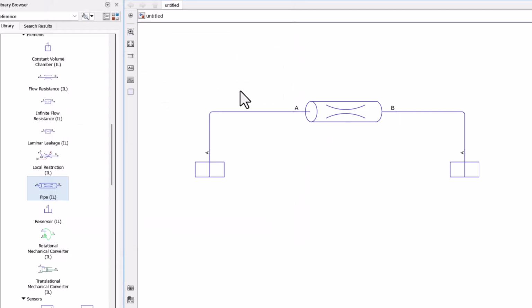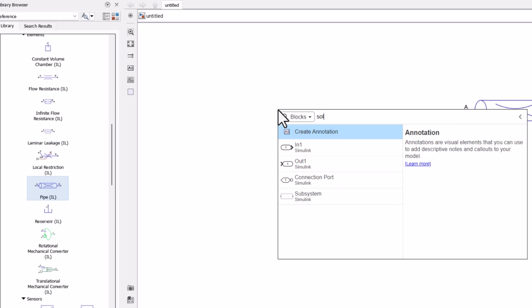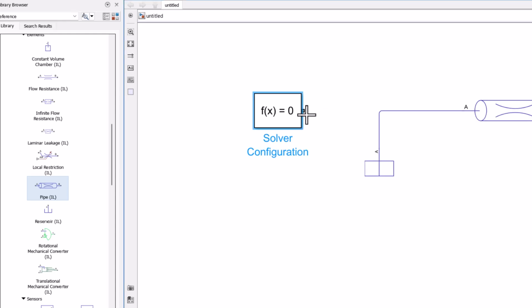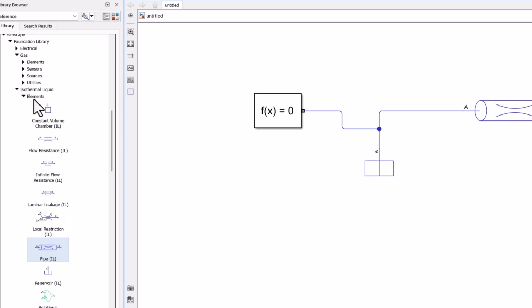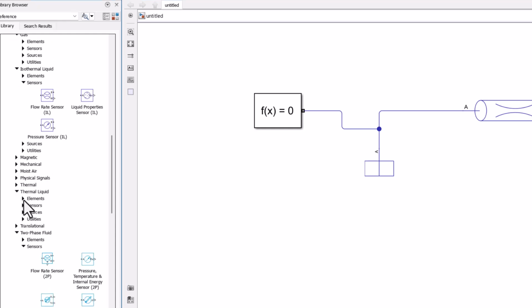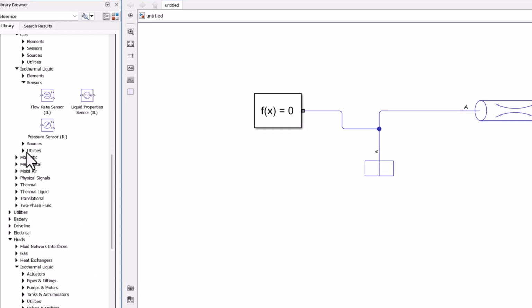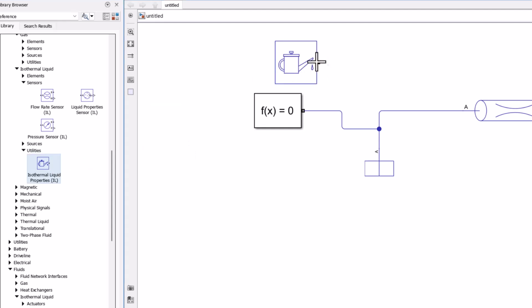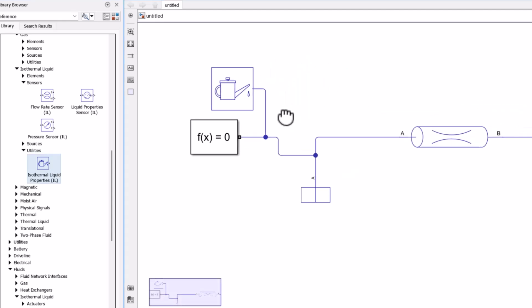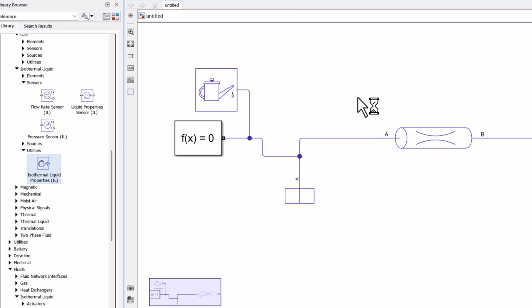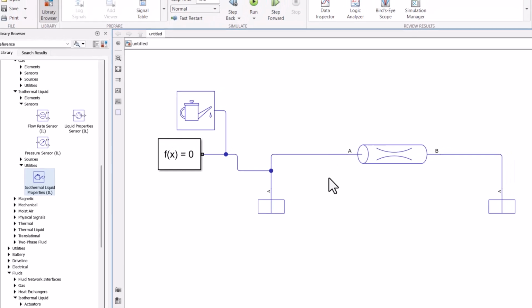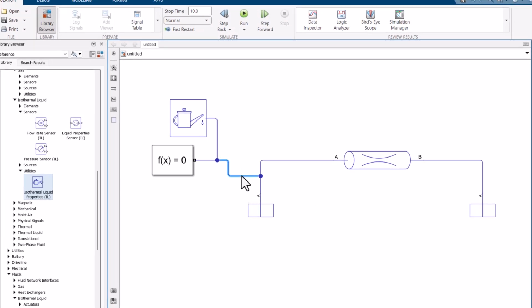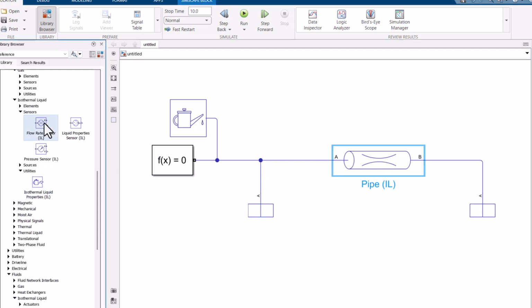Okay, and that's it. Now, before I run the model, I need to add a solver configuration block, and under the utilities tab, an isothermal liquid properties. So let's run the model, and it's all right. But I want to know the flow rate, the volumetric flow rate that is going to be transmitted through this pipe. So I add a flow rate sensor,